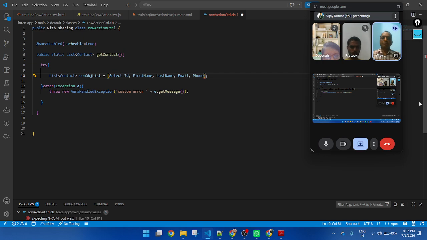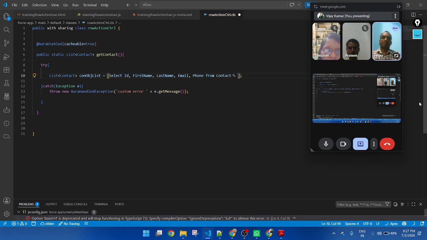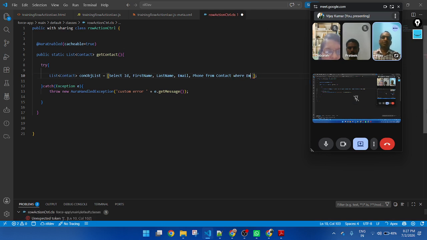As per your requirement, you can pass multiple field names here. From Contact where Email not equal to null.